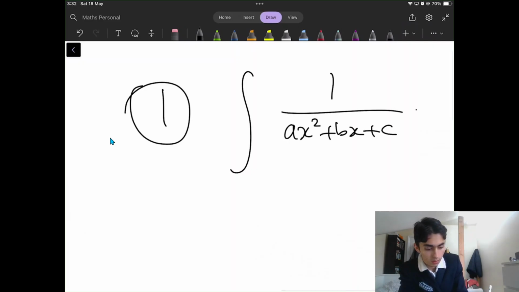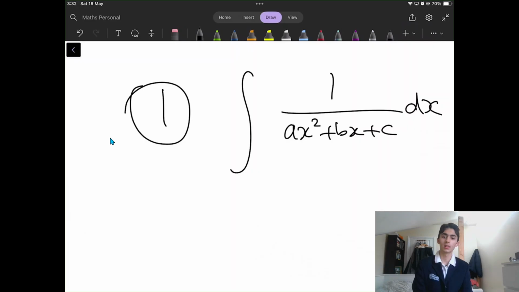Okay, so first let's focus on the integral of this, okay? Integral 1 over ax squared plus bx plus c. That's just the general quadratic. That's the definition of a quadratic, right? Where a, b, and c can take any values. The only restriction to this would be that a shouldn't be 0, but maybe we could do something with that